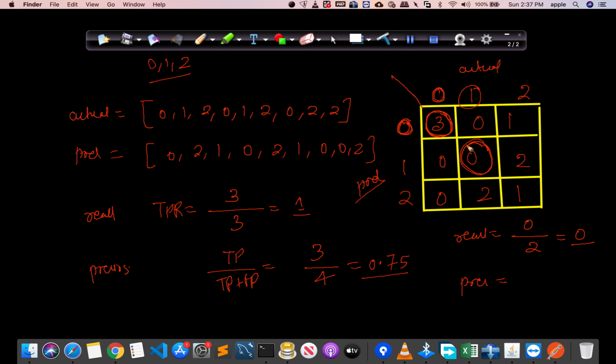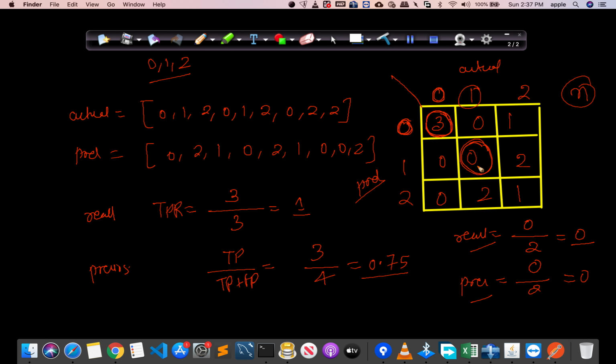Precision is this diagonal cell, which is 0, divided by the sum of this particular row, which is 0 as well. So for class 1, the model is performing very badly, with a recall of 0% and precision of 0%. In a similar fashion, you can calculate for the second class, or even if you have n classes, you can calculate for all n classes. So this is how you will use a confusion matrix for multi-class settings.